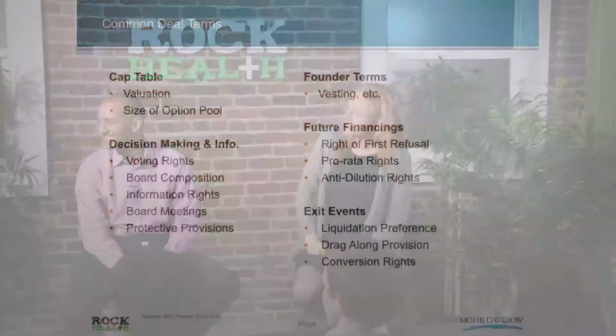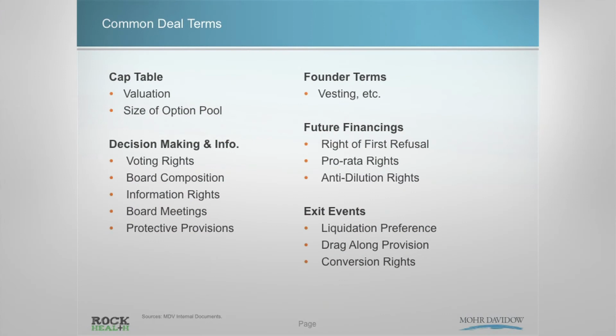It's basically, constantly think about it as a cake or a pizza, and then you'll understand how the VCs are thinking about it. We like food. The next category around decision making and information, I put these terms into this chunk because practically they're all about how the company is run and what happens in a board meeting. They're all about how do you vote to approve the budget of a company.